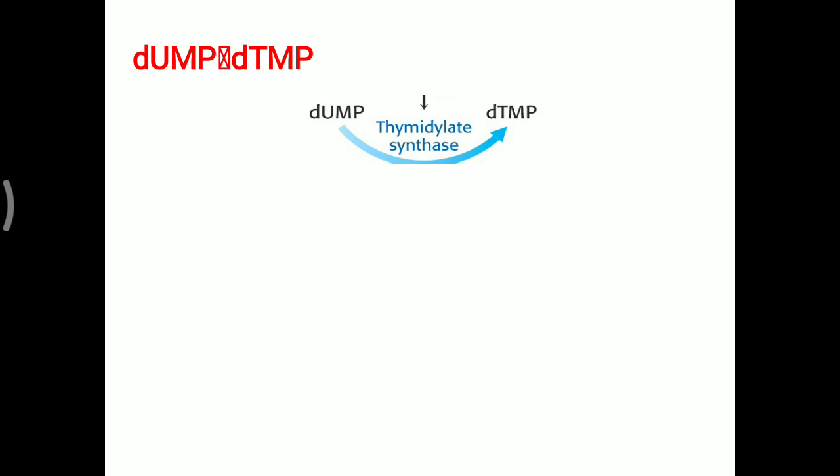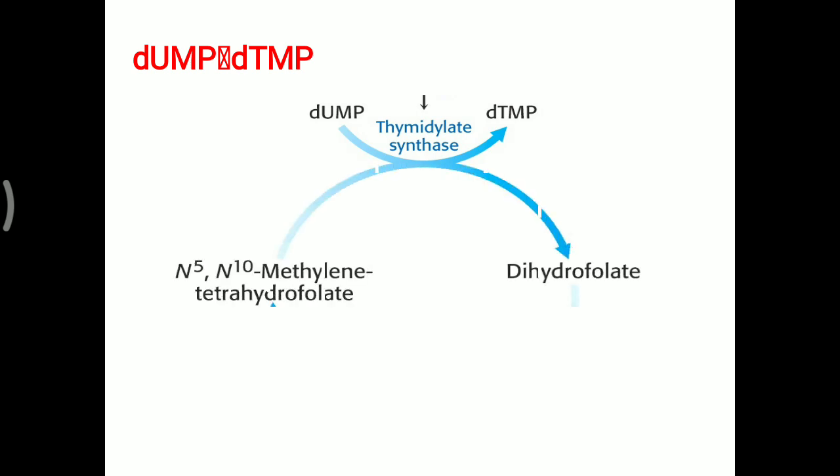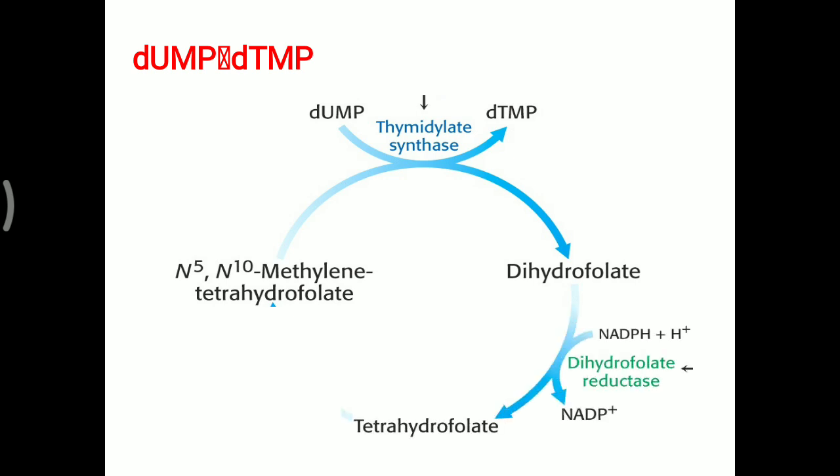But for this reaction, THFA, tetrahydrofolic acid, is needed. This THFA donates a methylene group, which is attached over the 5th and 10th nitrogen of the THFA. When this methylene group is donated, THFA is converted into DHFA, dihydrofolic acid. Now this dihydrofolic acid is reconverted into THFA with the help of the enzyme dihydrofolate reductase, where an NADPH molecule from the HMP shunt pathway is utilized. Then THFA is reconverted into methylene THFA with the help of serine. Serine is converted into glycine and the methylene group is attached to the THFA molecule. So this cycle continues.